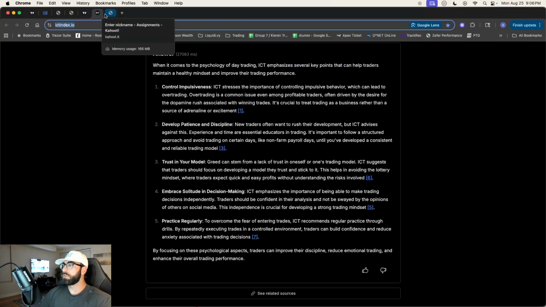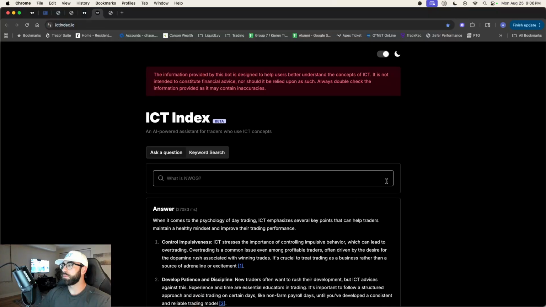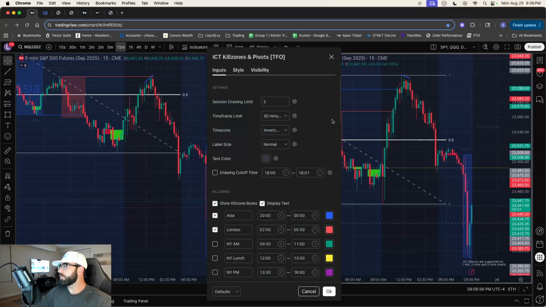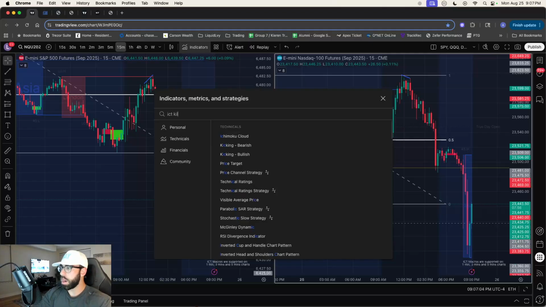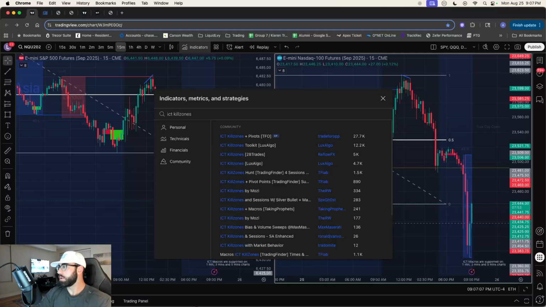You know, Asia high and Asia lows. I use an indicator. Actually, Levy, what indicator do you use for Asia high, Asia low? It's called ICT kill zones and pivots. Okay, I'm going to remove this one because that indicator is not good. Yeah, ICT Kill Zones plus Pivots by TFO, or TFO by Trade For Op. This one, right? Yes.